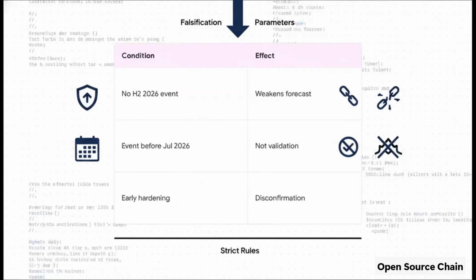But hey, science needs falsification parameters too. What would prove this forecast absolutely wrong? Well, if companies wake up tomorrow, realize the immense danger, and somehow magically fix these issues, hardening their systems before July 2026, that completely disconfirms the timeline. Or if late 2026 just passes quietly with no major incidents, the forecast fails. The THD framework demands that we hold the data accountable.